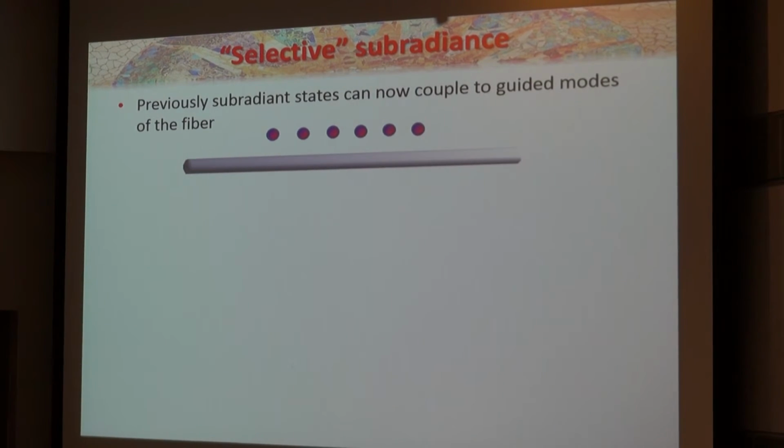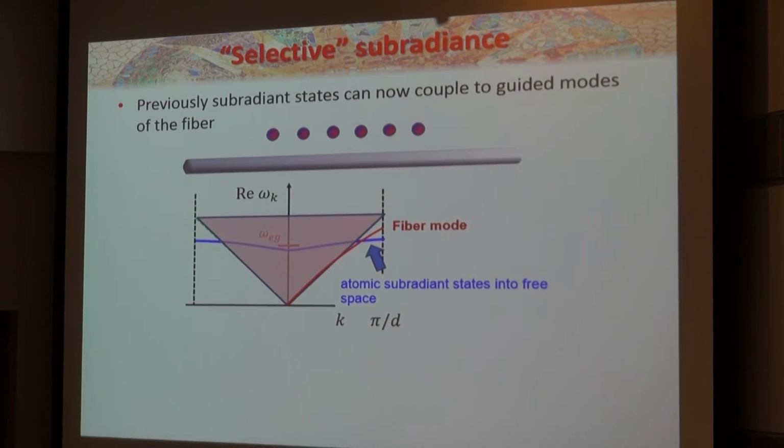I guess the point now is, now that we slide an optical fiber underneath, the optical fiber has a set of guided modes, which also live beyond the light cone. And so those guided modes of the fiber should be able to talk perfectly to these subradiant states of the atomic chain. Okay, so here's an illustration of that. The blue curve was the atomic guided band in free space. And then the red is a schematic of the fiber guided mode. And they intersect each other perfectly, so they can start to hybridize.